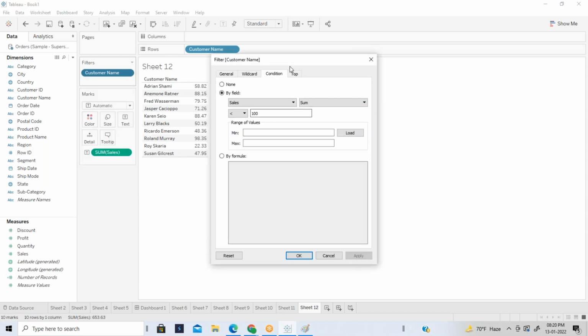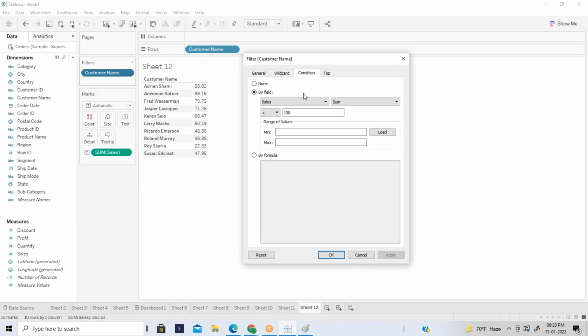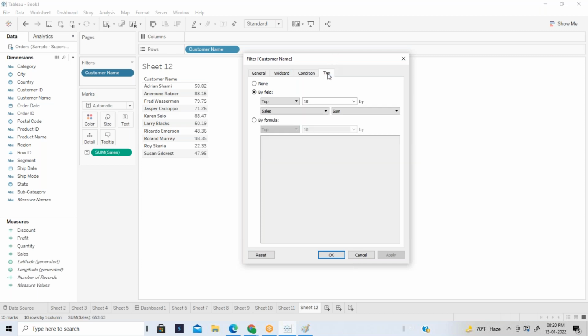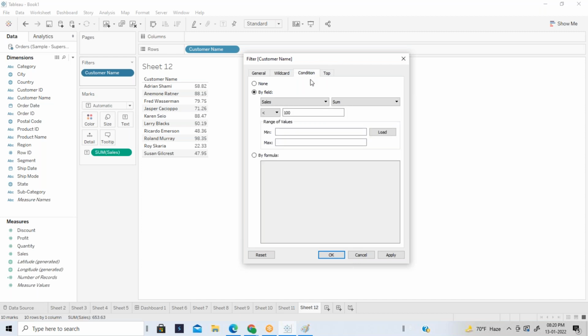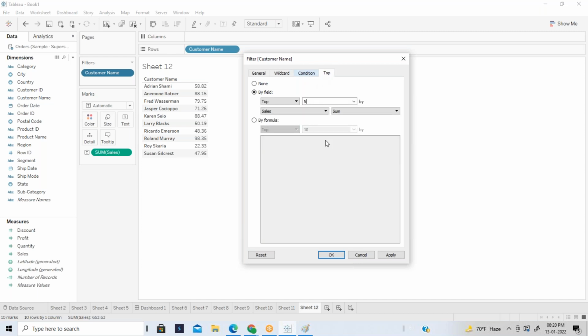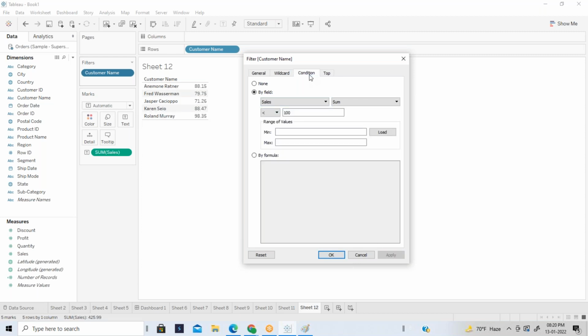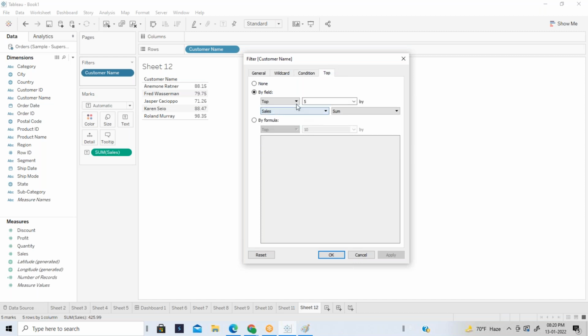Just a second. Okay, after the condition, let me make it. Yeah, I think it's working. So first it is applying the filter, then the top 10 records are coming. Apply, you'll see this. Yeah, it's working. So first it will take the condition and the filter, then after that, the top 10 records are coming. Bottom, if you do it, you can see the bottom.